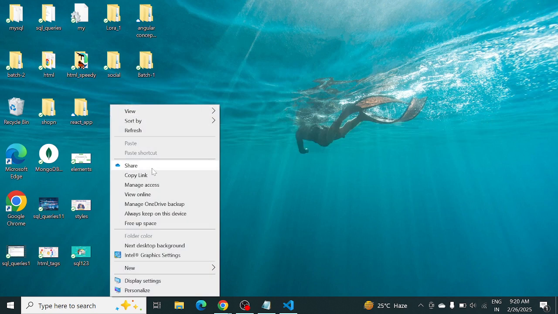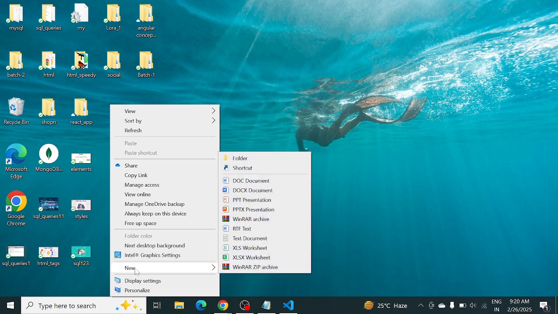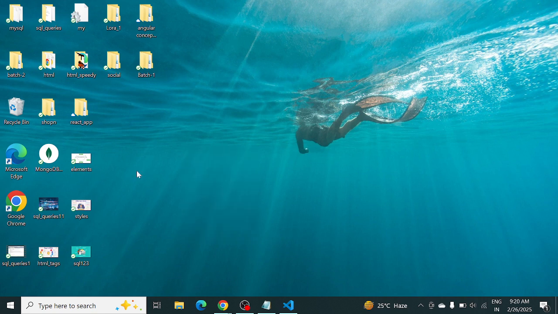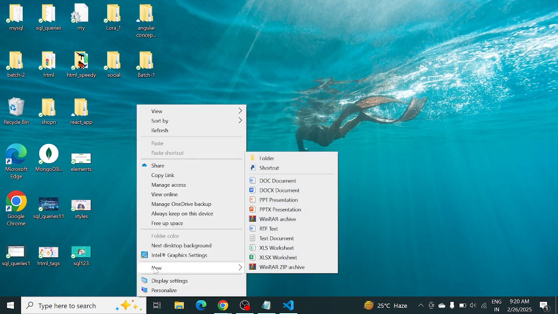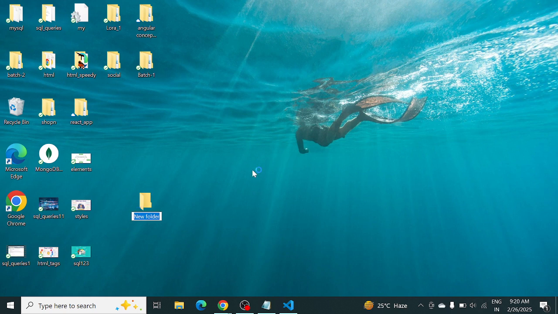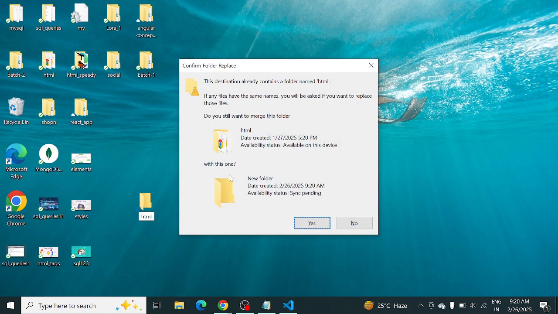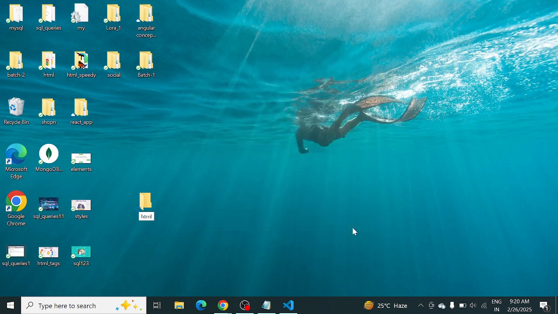Right click on the desktop, click on new and take folder. Name it HTML. Okay, so the HTML folder is already there. I will create another folder, code. Okay,